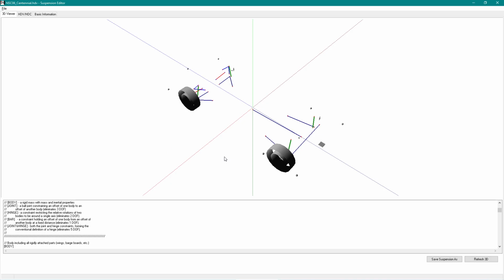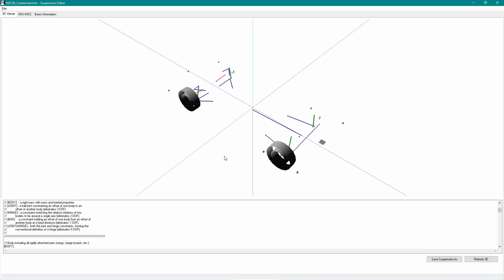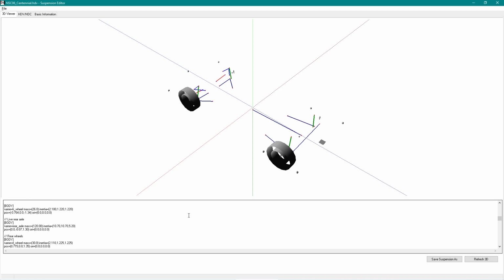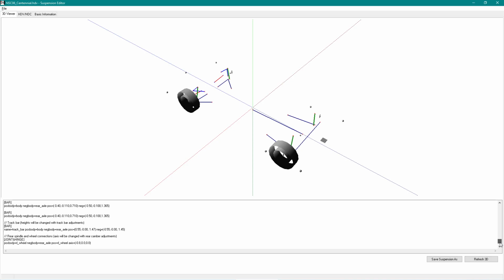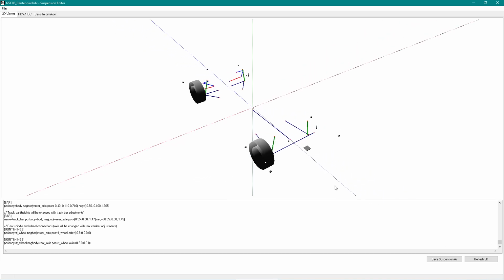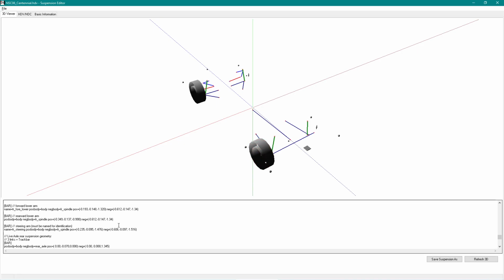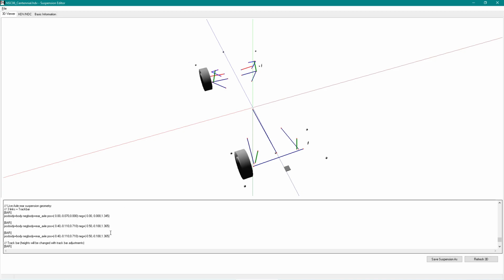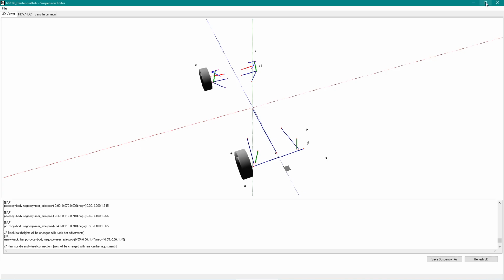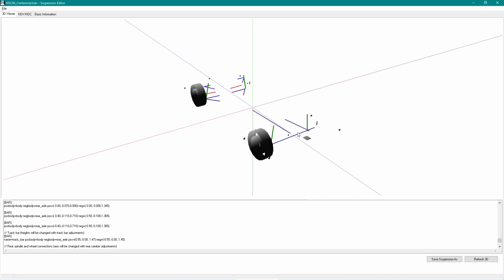And this tool, this suspension editor, is a good tool to quickly check it, and also edit it if necessary. The problem now is that it's a little bit difficult to edit it with this scheme, because there are not enough arms, and the entries are different from the ones that are needed. And in that case, if you have such a configuration, I simply would